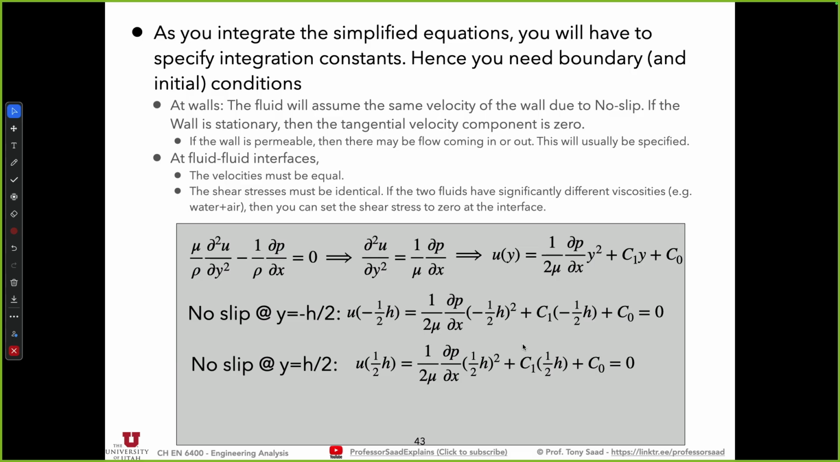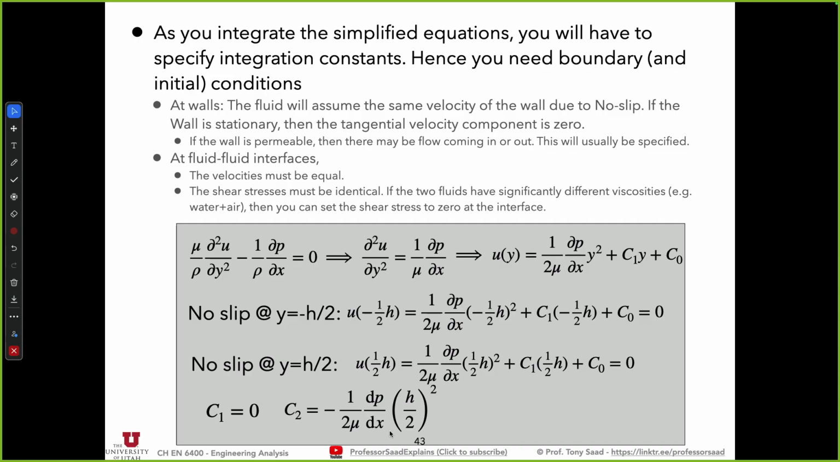You can put them in your calculator symbolically, or you can eliminate them by adding and subtracting the equations. So for example, if you add these two equations, you'll eliminate c1, so you can find c0. And if you subtract them, you'll eliminate c0, so you can compute c1, okay? So you can do both of those approaches to get c1 and c0, and then they turn out to be like this. c1 turns out to be 0, and c0 is minus 1 over 2 mu dp by dx h over 2